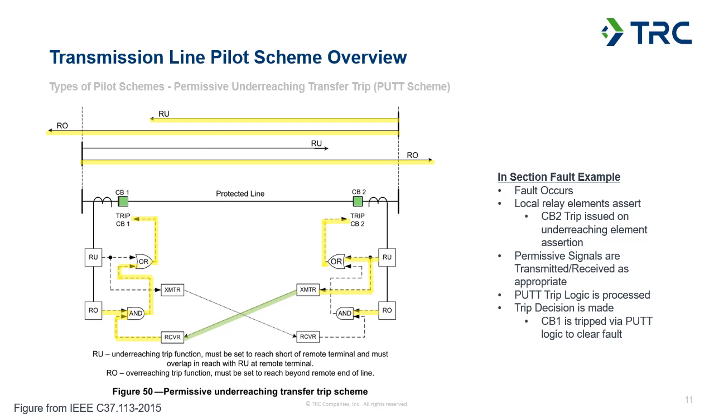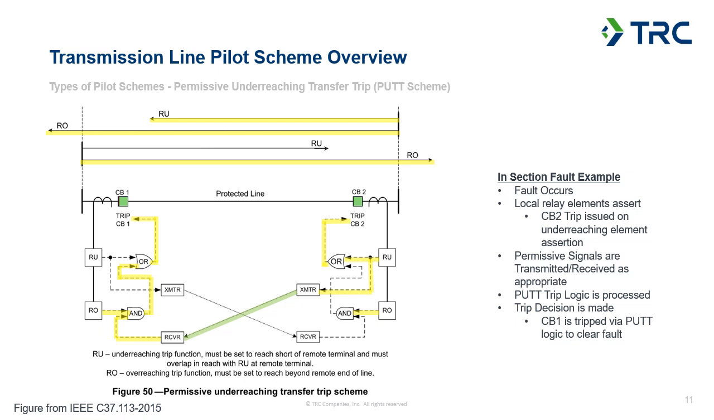So this scheme obviously has a little more complexity than the basic permissive overreaching transfer trip scheme, but it also improves security in a couple ways. Mainly because the only conditions we send a permissive for are those that are in-section faults. So if we have a fault that's on the remote bus, an out-of-section fault, neither terminal is going to send a permissive signal. So there are some security advantages to that type of scheme, though it's pretty minimal,